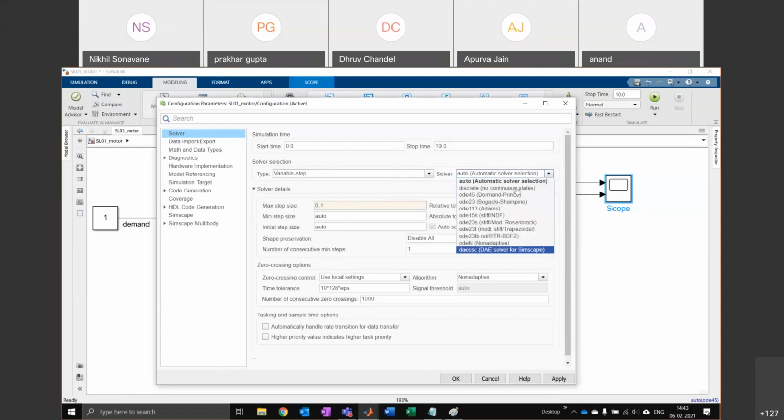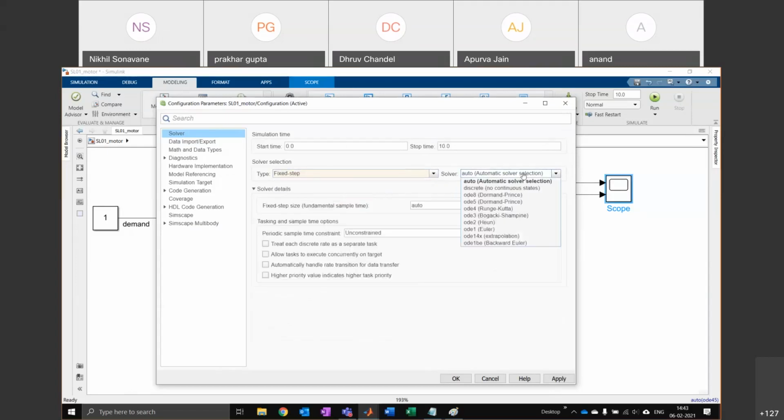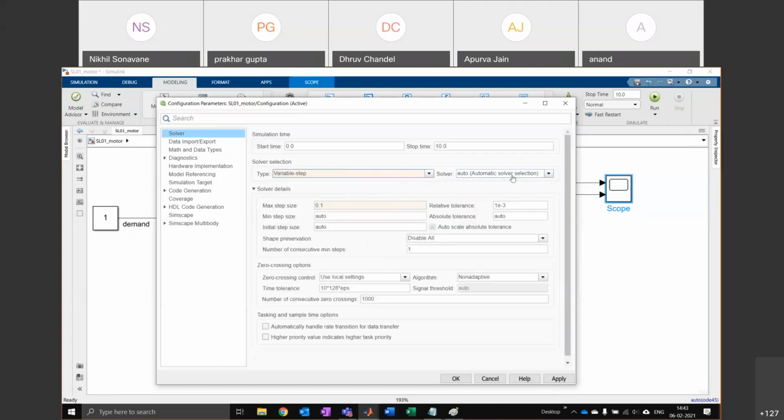You can see we have a bunch of solvers here. So ODE45, ODE23. There are various order solvers, both fixed step and variable step. So this Euler method we saw in the morning is here, ODE1. ODE4 is Runge-Kutta. This is also here. If you go to variable step, by default, we use ODE45. So this is a fourth and fifth order combined solver. You don't need to know the details now, just know it exists here. Simulink uses these very advanced solvers by default. So you just reduce the maximum step size and we will get a smooth curve.